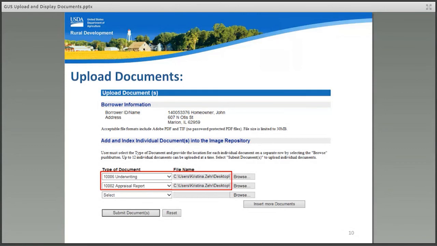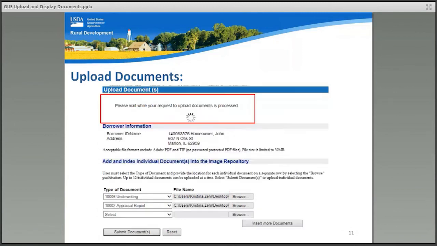In the example, the appraisal report has been uploaded separately in order to ensure the color photographs will be retained. The other required documents for this loan submission have been stacked according to Attachment 15-A and uploaded as one document under the Underwriting option. When all documents are uploaded, select Submit Documents.